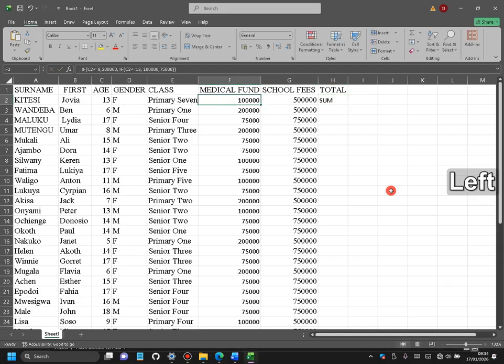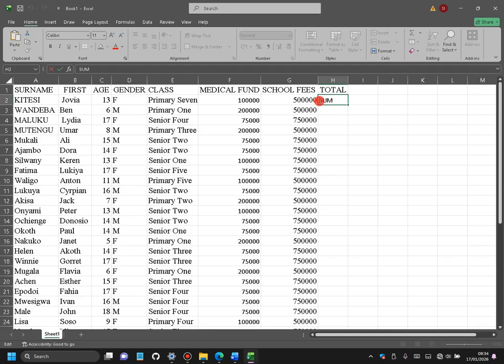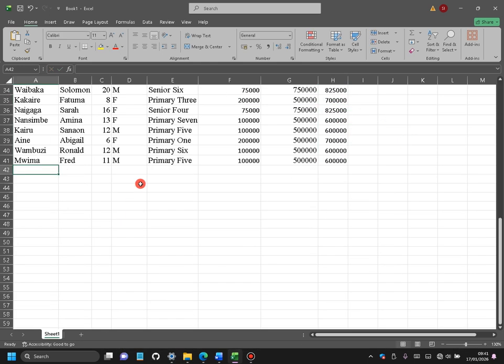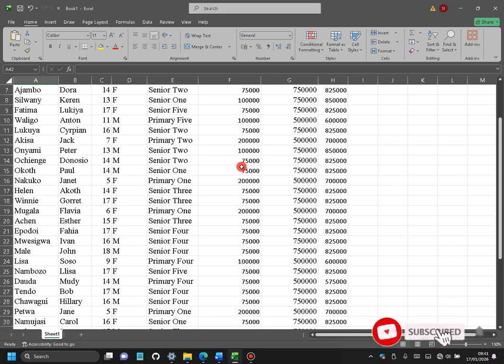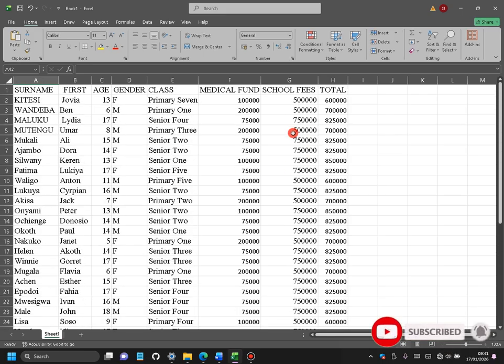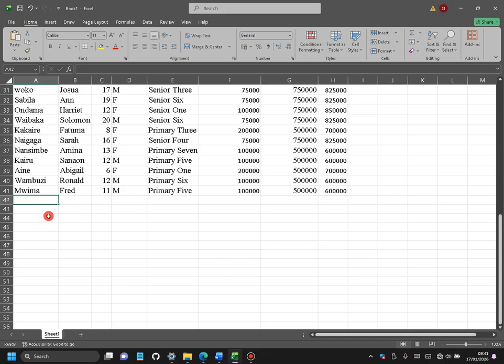the function of sum, where we shall say open the bracket and we are going to add this with that, close the bracket and press the enter button. So if school fees per term is this, and then the medical fund is this amount, and the total amount is this per term,